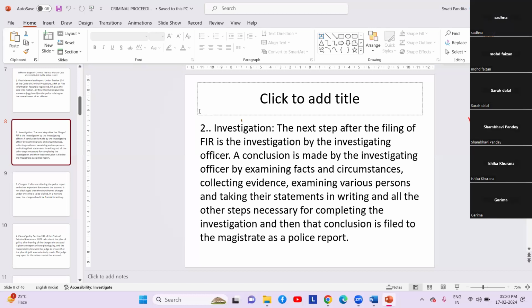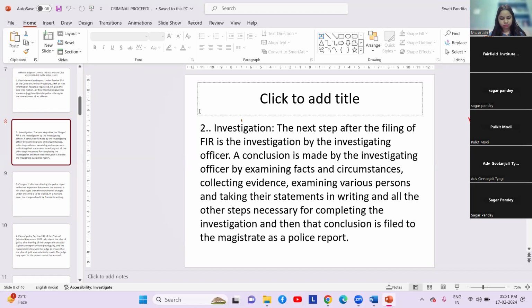So this is very important. When we are writing this, we have to conclude everything. We have to write each and everything very specifically, so that it can help the police person